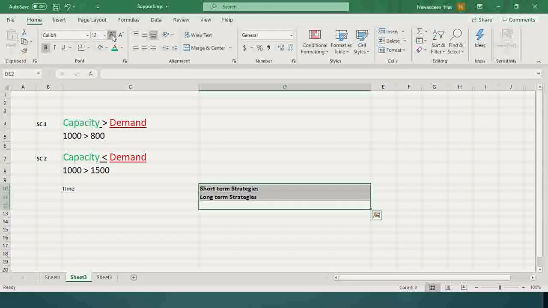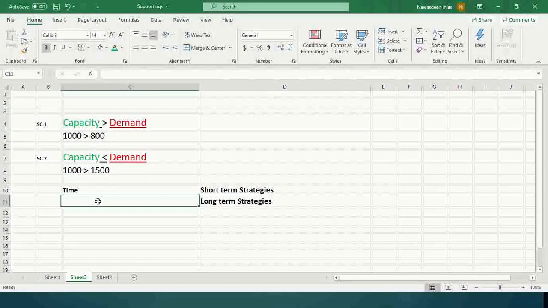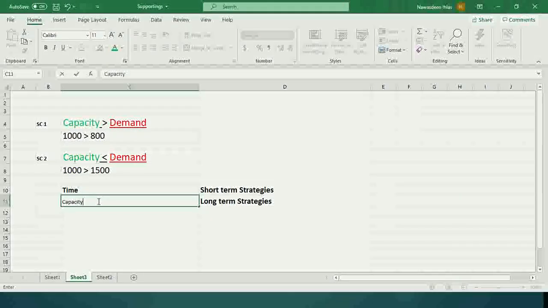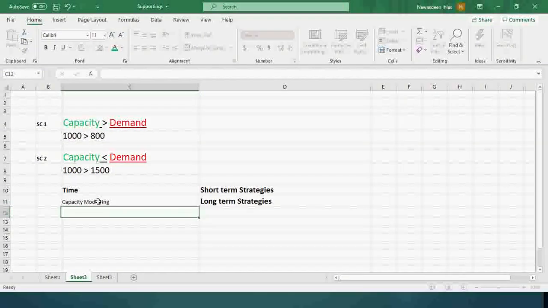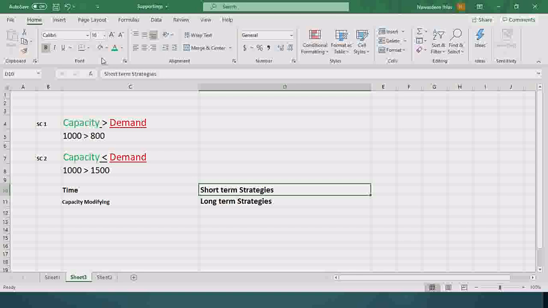So here you can see, based on our time, capacity management, or we can say capacity modifying strategies, we can divide into two types: short term strategies and long term strategies based on the